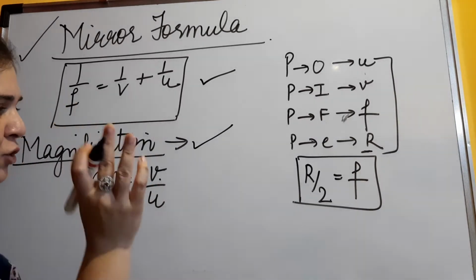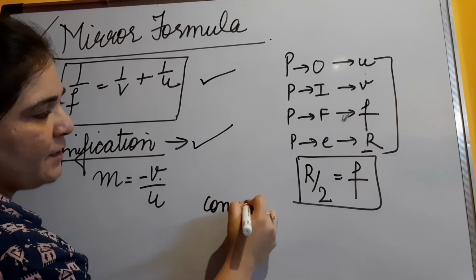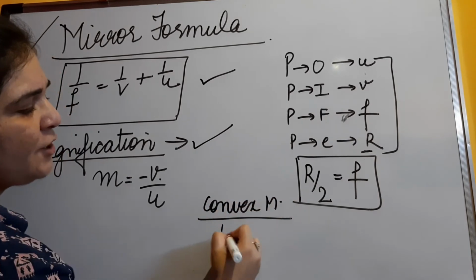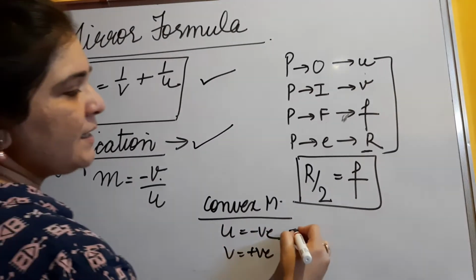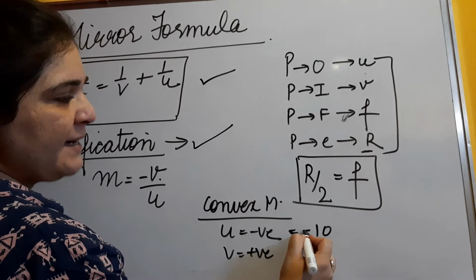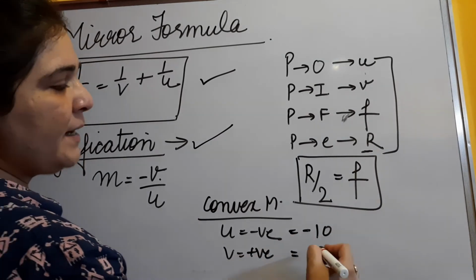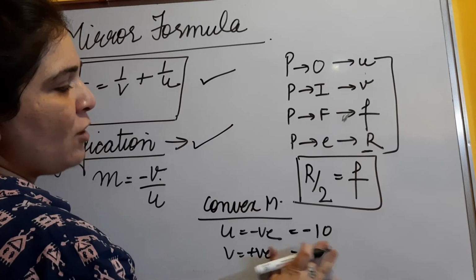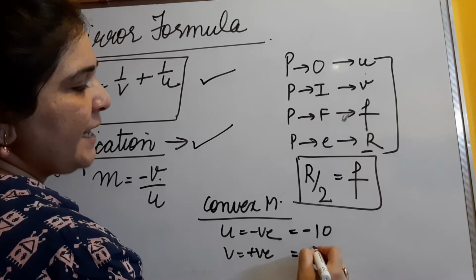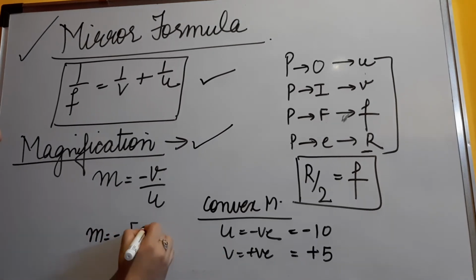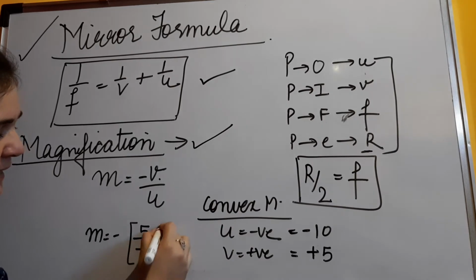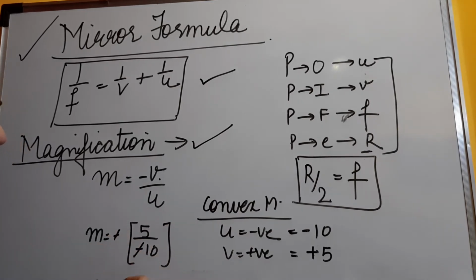Now this negative sign is for both. I'm giving you one example. Suppose we are talking about a convex mirror, and in a convex mirror u is always negative and v is always positive. Let us say that u given to you in the question is 10, so obviously you will take minus 10 according to sign convention, and suppose v is 5, so you will take plus 5 because v always has to be positive in the case of a convex mirror. So when you are using this formula, you write m = minus v by u, v is 5 and u is minus 10. This is how you solve, and finally the answer that you get is